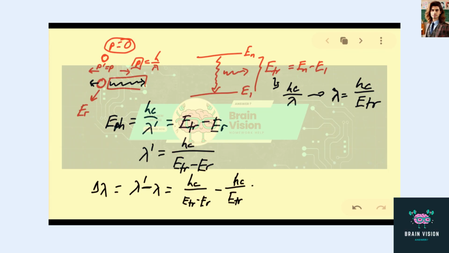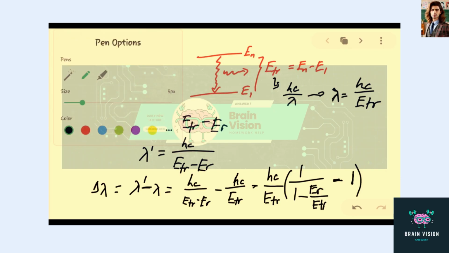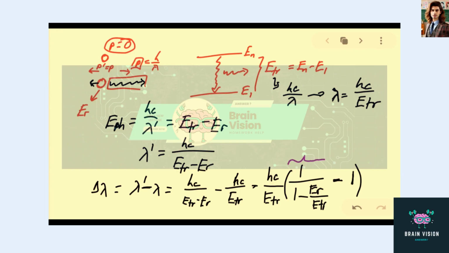Now we have to do a bit of multiplication. We take out hc over energy of the transition. I factorize that out, and we will get 1 over 1 minus ER over E transition, minus 1. If you were just to focus on this part of the equation, this is 1 minus